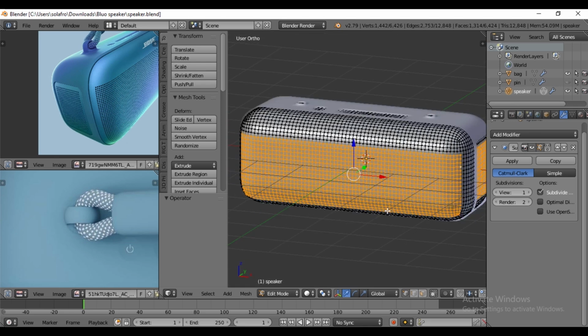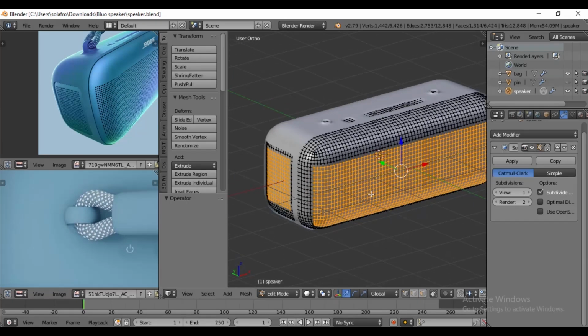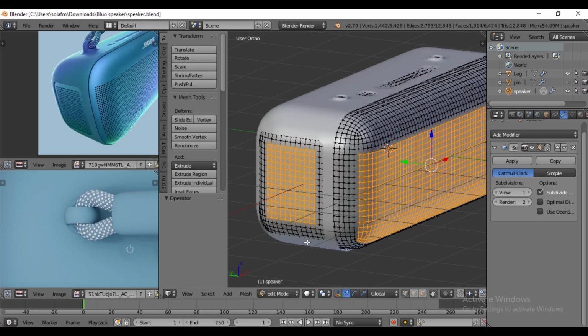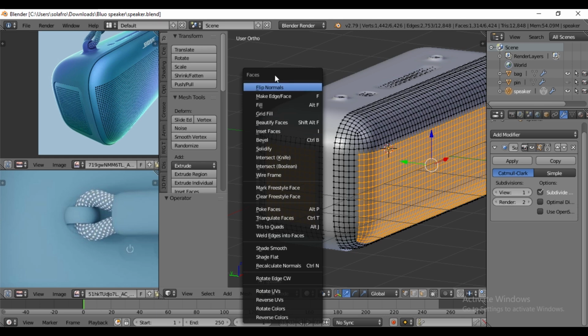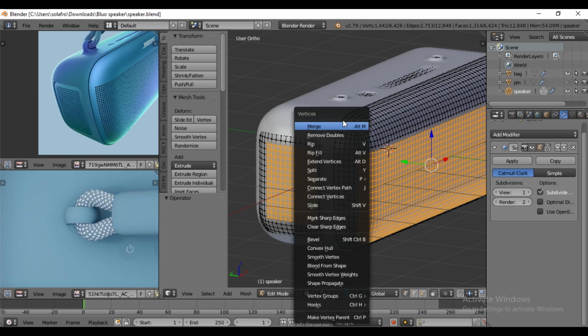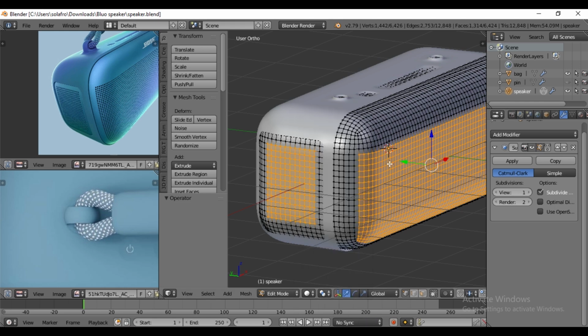Now let's create the holes. By pressing Ctrl F, see the face tab. By pressing Ctrl E, see the edge tab. By pressing Ctrl V, the vertices tab.